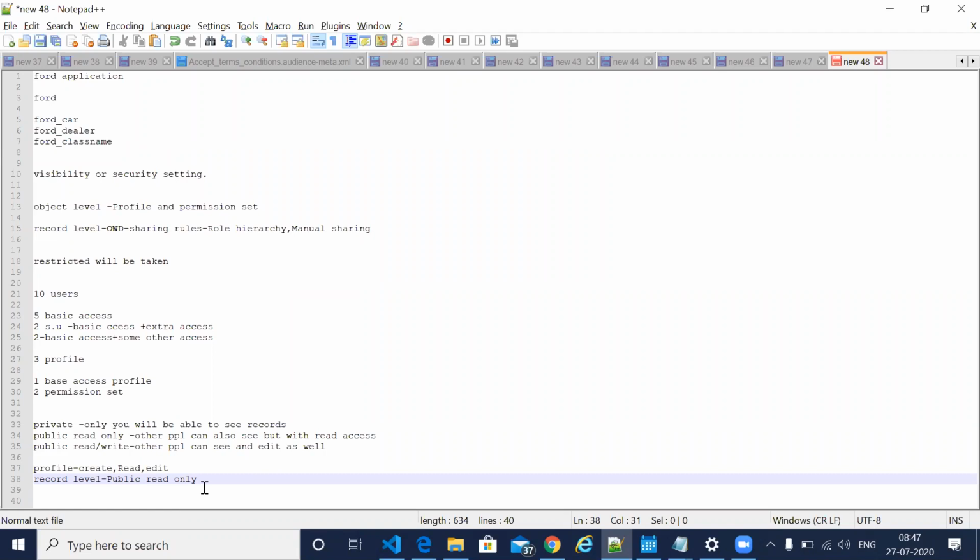Whenever they ask a question, you don't think much. Just compare these two things. Don't look at the profile or anything. Just check what access he has in the profile and what access he has in the sharing settings. Here he has create, read, edit. Here he has only public read only. That means edit access is not provided here, so he is supposed to be provided with